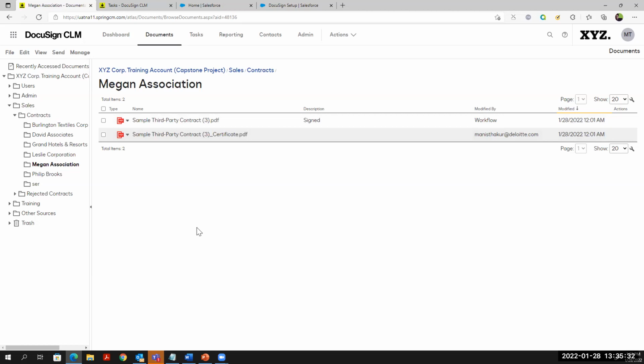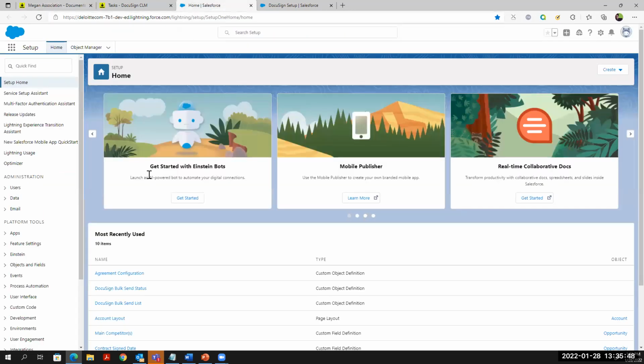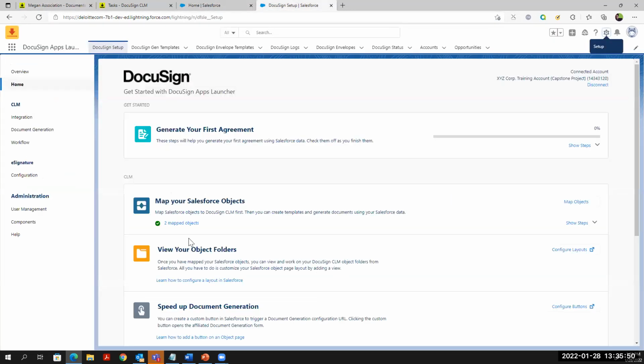Now with this, we'll move to the second piece, where I'll show you how the CLM integrates with Salesforce, and how a person can utilize the Salesforce environment to create an agreement with the vendor. So let's proceed with that. In the first place, this is Salesforce, and this is another page of Salesforce which says that it has been connected with CLM. How has it been connected with CLM? If you click on this,